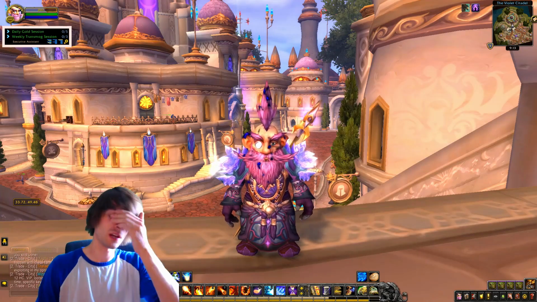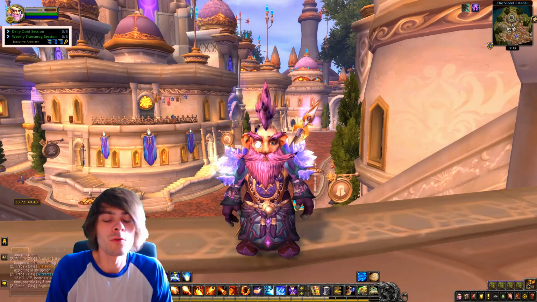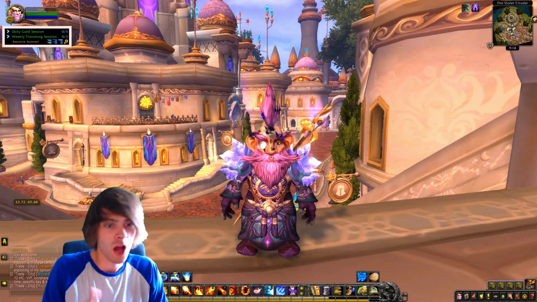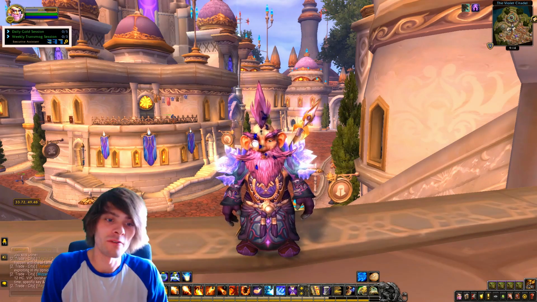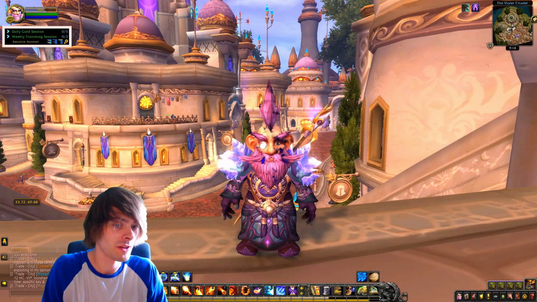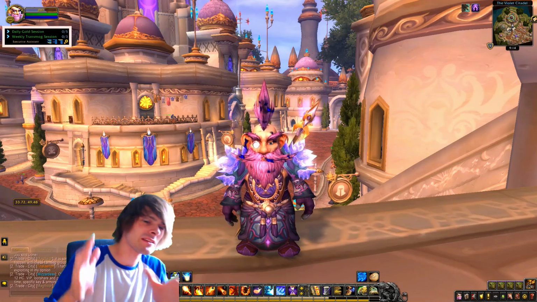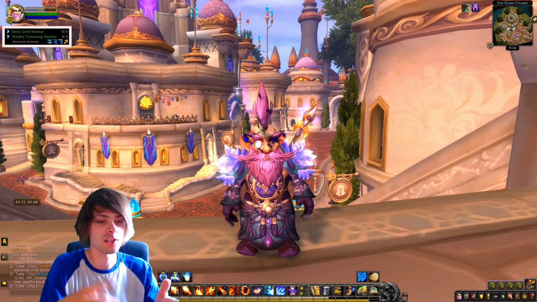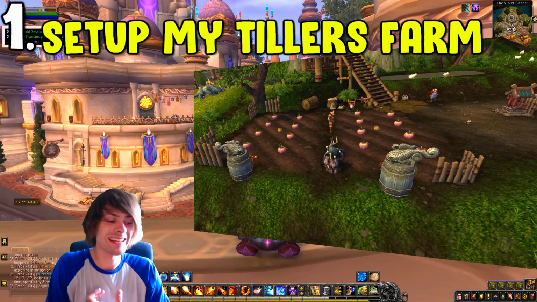Today I want to go over and discuss my plan for making gold as we run up to the pre-patch, and along with the pre-patch. What am I going to be doing for gold making going forward? There are a few objectives I wish to do on a load of other characters, like getting hold of certain recipes, but mainly, in the encapsulation of gold making, what am I planning on doing? Let's get into our first one, which is to set up my Tillers farm on